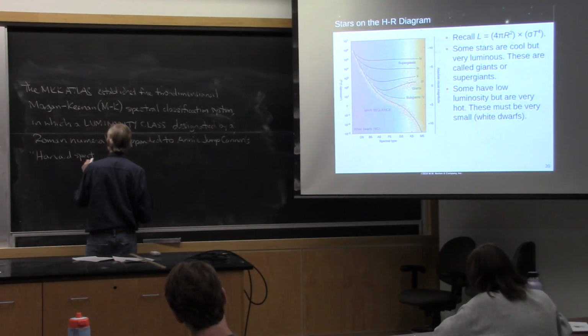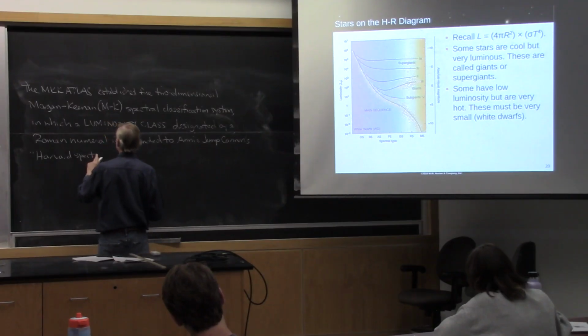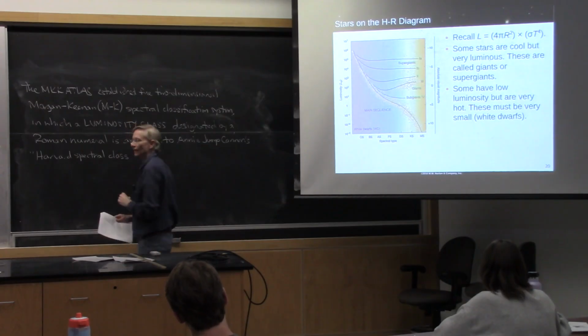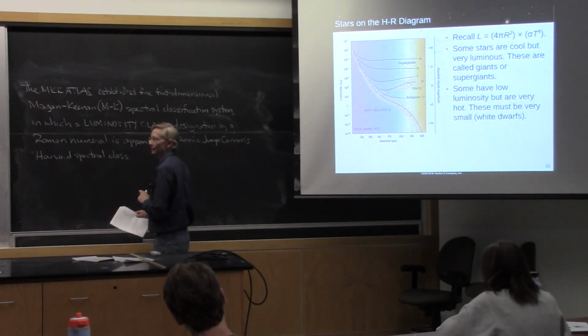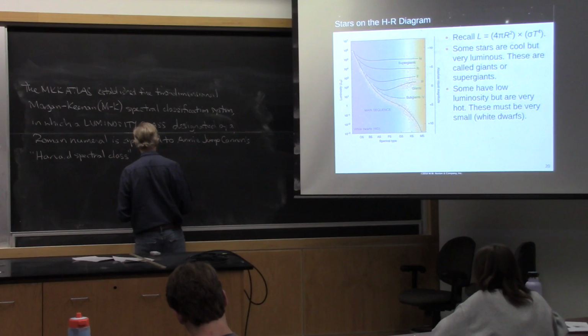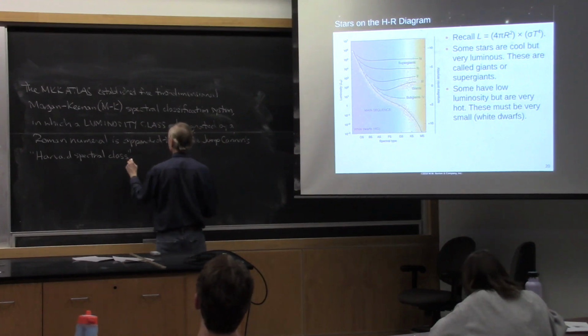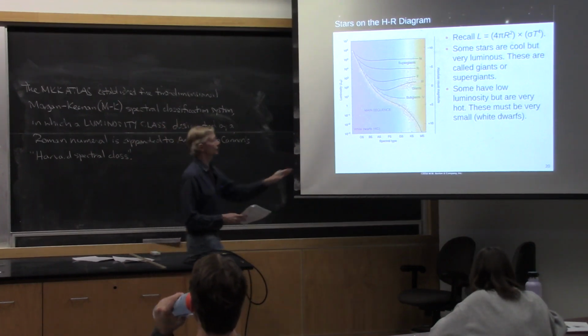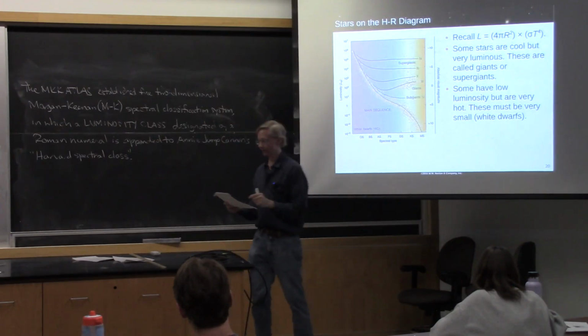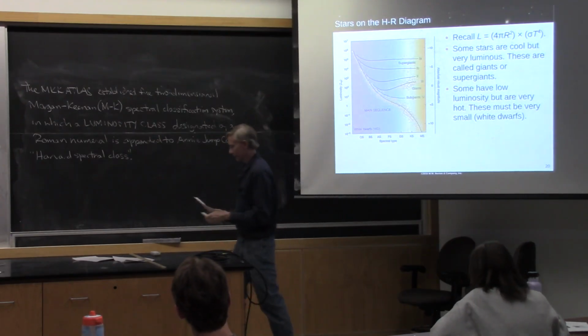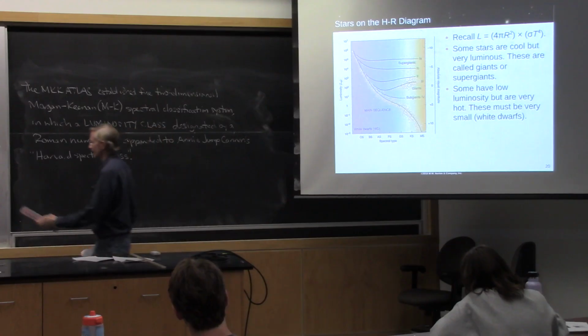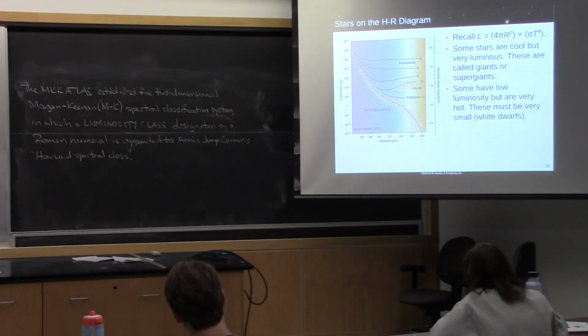So the G2, B4, all that, that's called the Harvard spectral class. Well, I guess you have to say the Harvard spectral class, something like that. Harvard spectral class. And so here's one illustration of it there, but I'm going to draw a figure where I kind of qualitatively